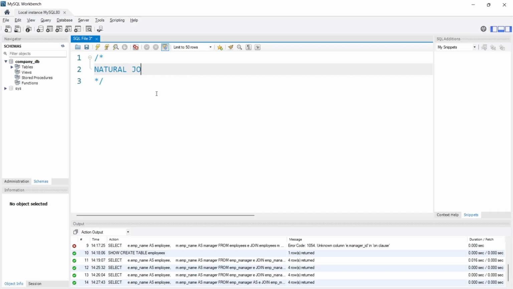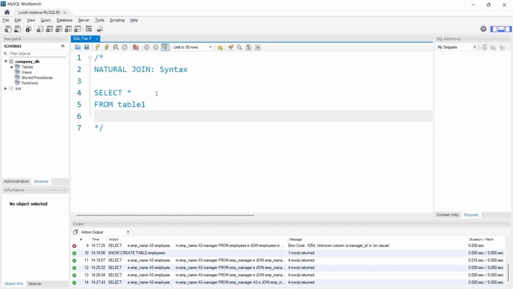Natural join syntax. So it goes like SELECT * FROM table1 NATURAL JOIN table2. So this is the simplest syntax. Okay,